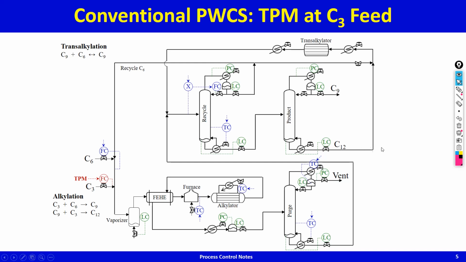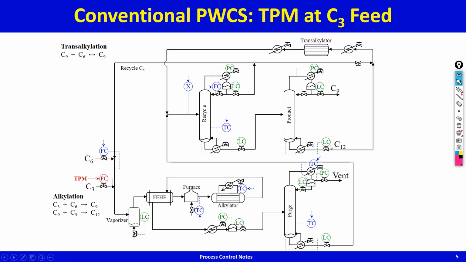See, C12 flow rate is going to be small because you have an alkylator which is generating 95% C9, only 5% C12. So if this flow is 95, this flow may be 2, 3, 4, 5, something like that, no more. So the bottom is only a leak compared to the internal flows in the product column, and therefore how can you control the level of a tank in which a lot of flow is coming in, a lot of flow is going out, only a small amount is leaking? So you need to hold on to this thought, will this level controller work?